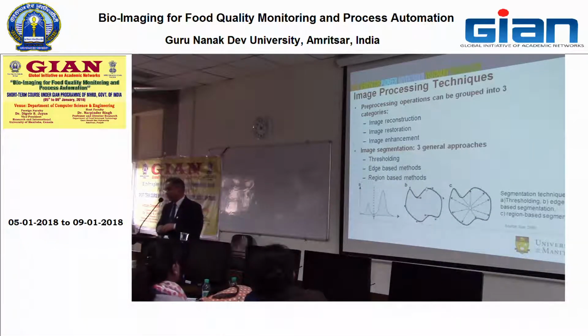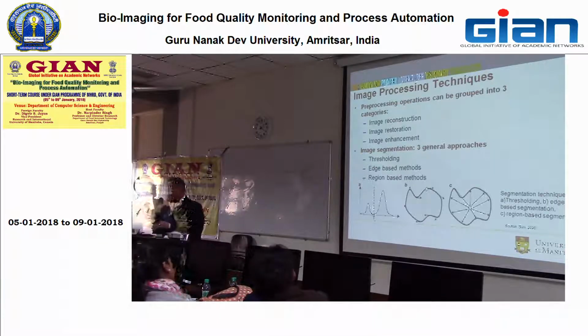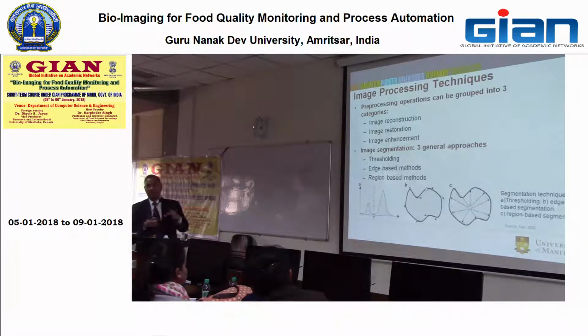Then image processing techniques, when you start going into image processing, you can group them into 3 areas. First, image reconstruction, and these are different terms. Sometimes people would use pre-processing, or sometimes you can say image reconstruction, because you're eliminating those effects in the image. With different terminology, image restoration is basically making the image of reasonably significant quality. And then the enhancement is again to increase the contrast between the object and the background, so that there is a proper separation. Because